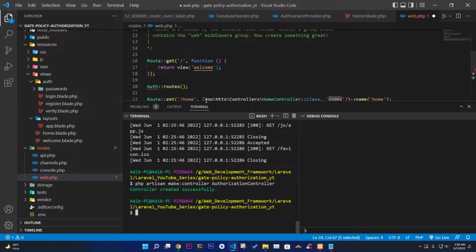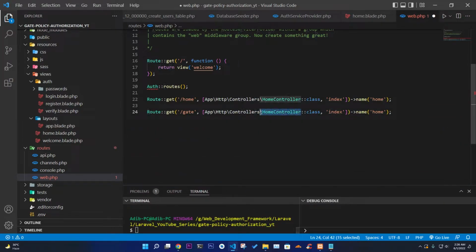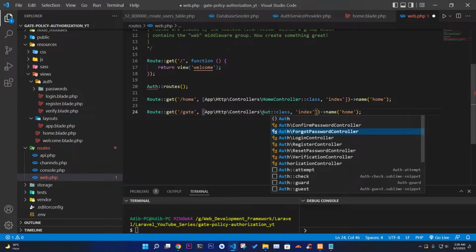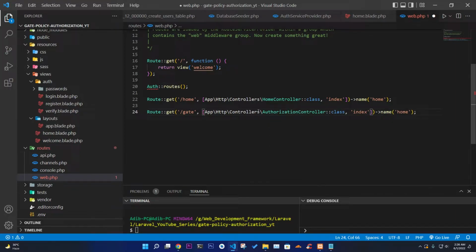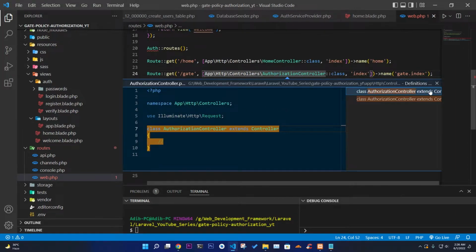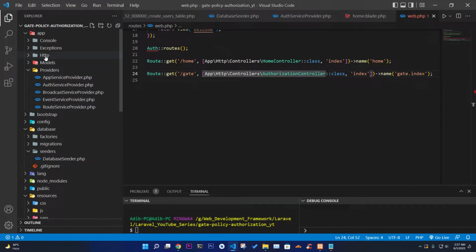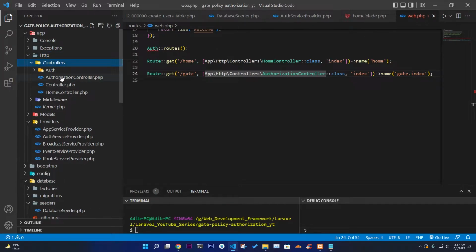Okay, we have a new controller, and I'll just write it: authorization controller. I'm going to go to this index. If I go to the index method, it will work, gate dot index. Okay, so this is the place. If I go to app http controller, authorization controller, index method,